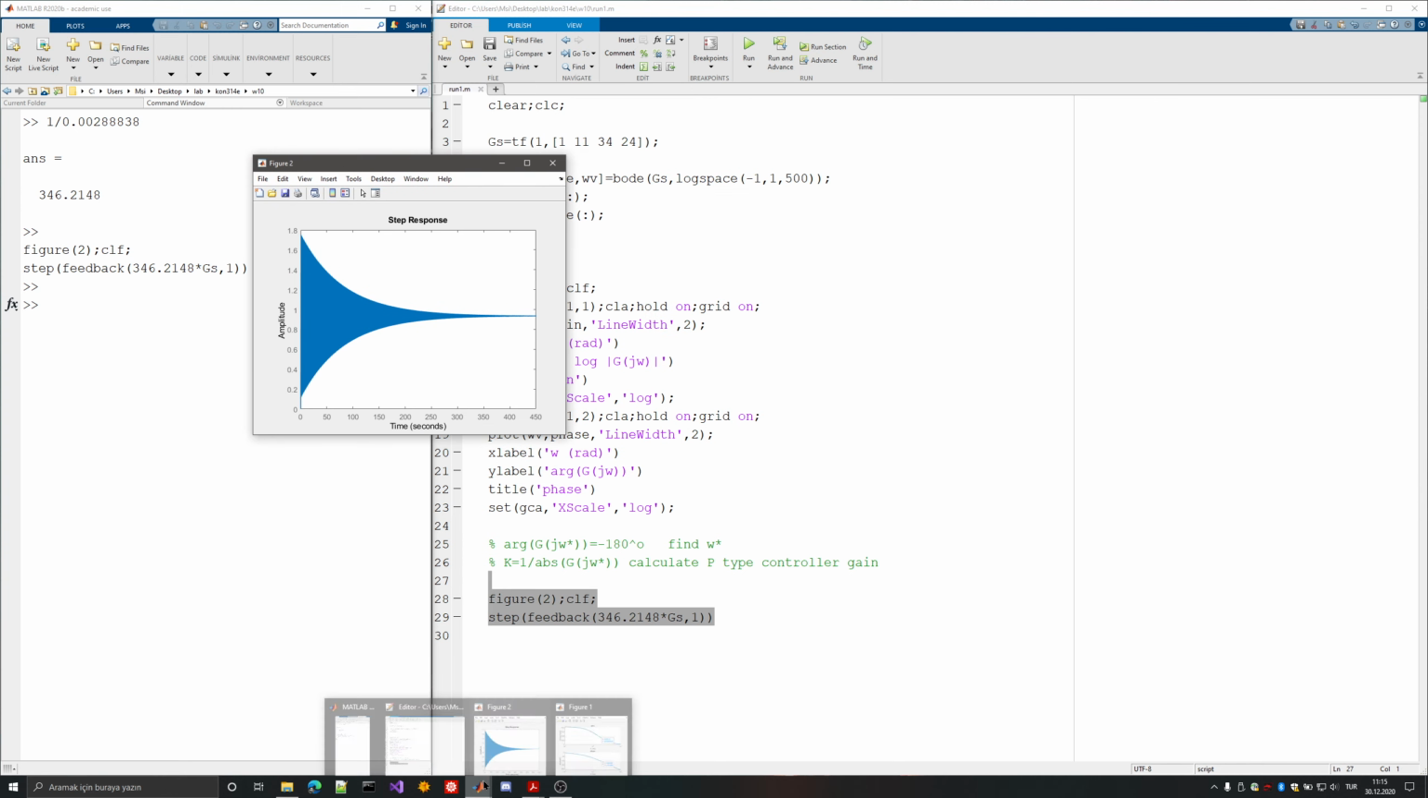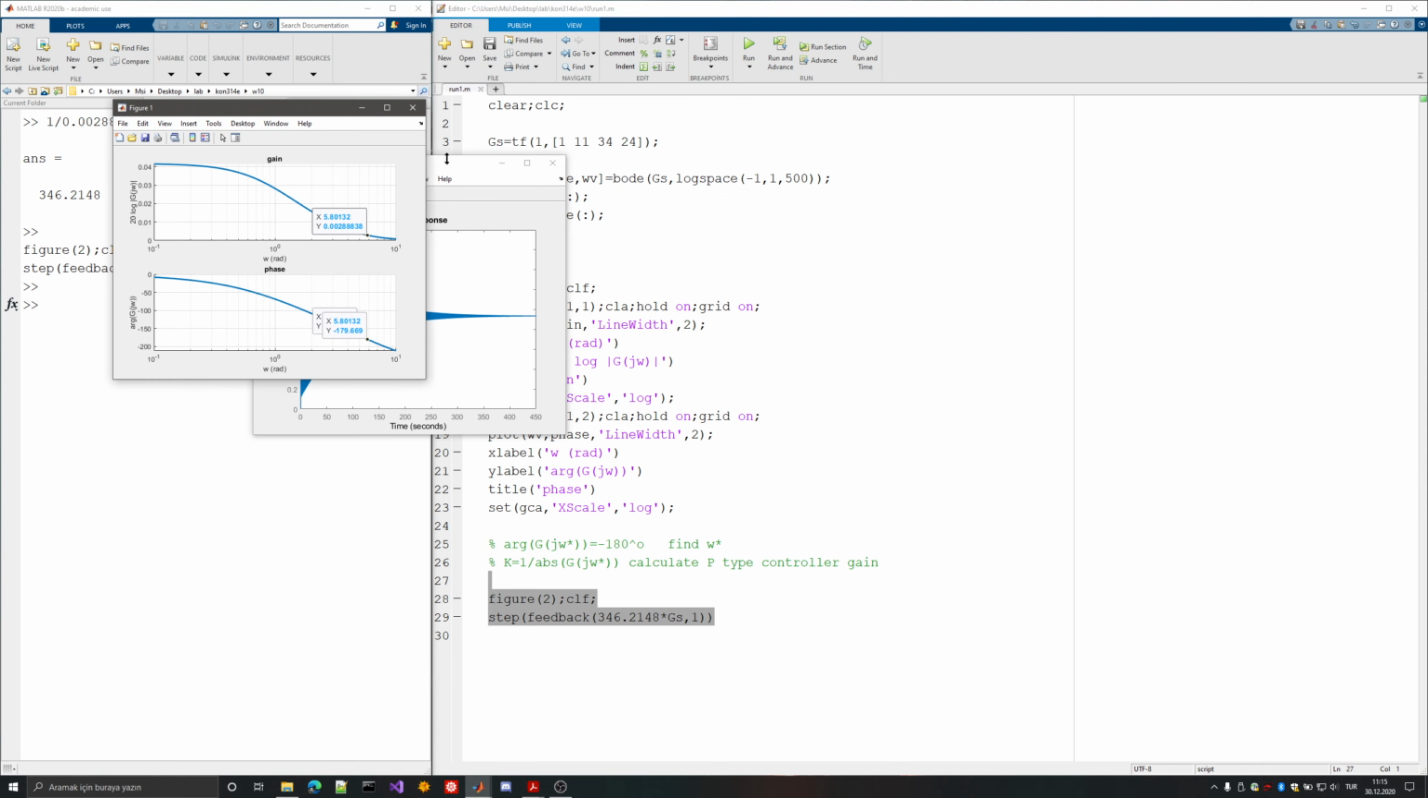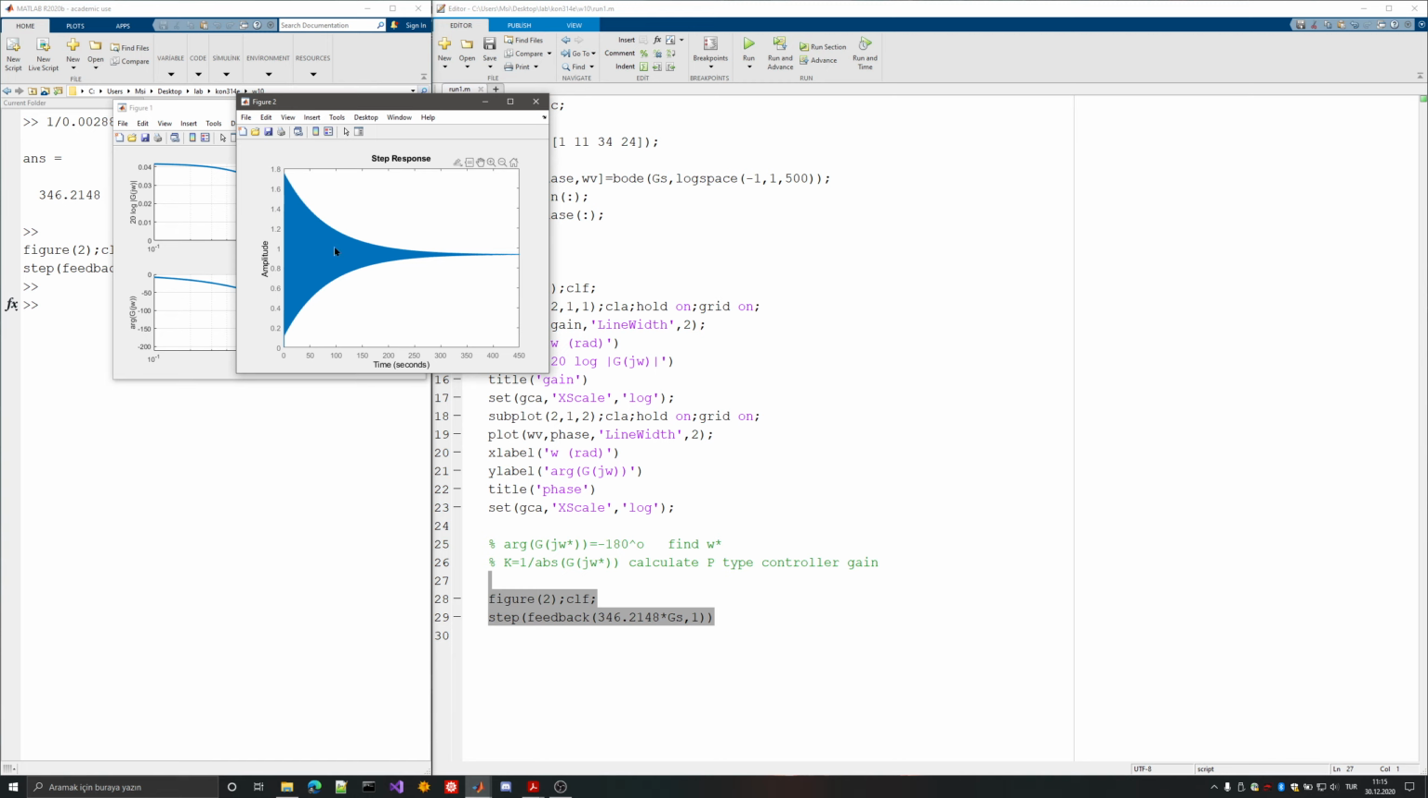Now I've chosen that point and I have looked for that point. This is tending to the marginal stability, because at some point we will have an exact oscillation and then it will tend to infinity. So this will be basically the upper bound. So I can use 0 up to 346.21 even